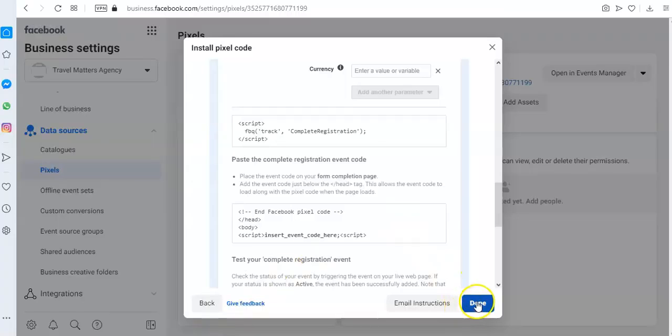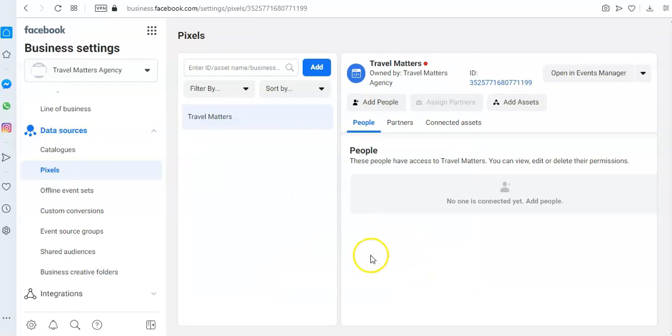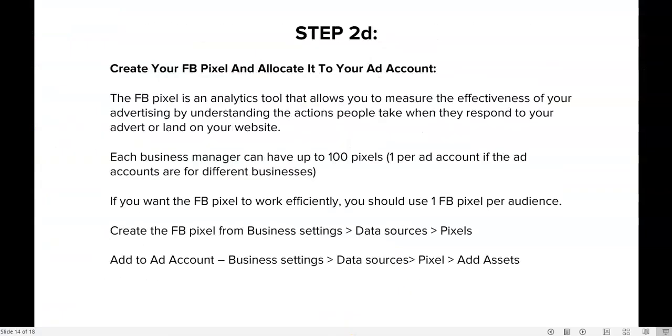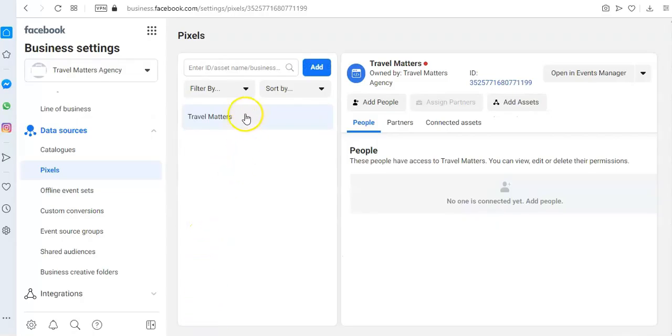So I just click on done. Now the next thing you want to do actually is that you need to add that pixel to an ad account. So this pixel right here, or you can just click on pixel here, I have to assign it to an ad account, because that is how I'm getting Facebook to know that this pixel is for this ad account. So what I'm going to do is that this pixel that I created right here, I'm just going to click